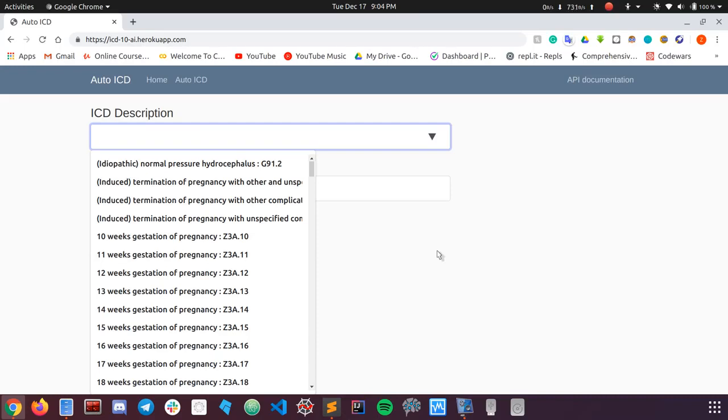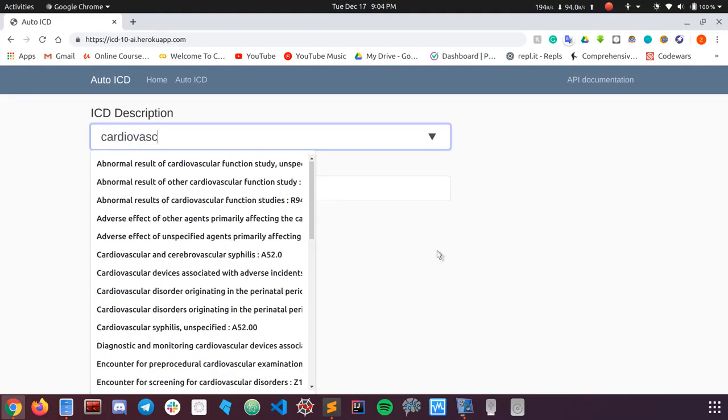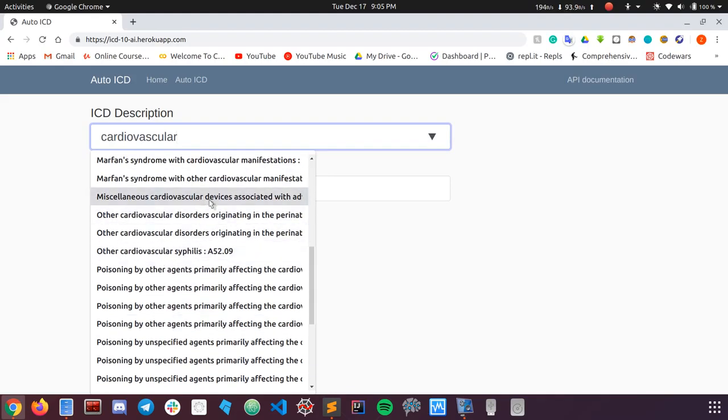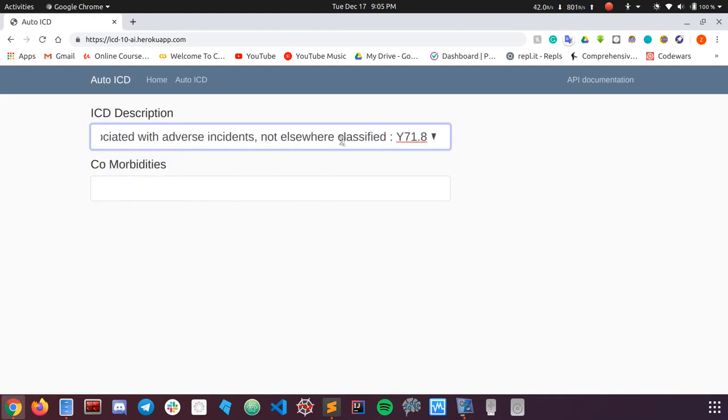For example, I'm typing cardiovascular. This drop down menu returns every single disease which has that keyword in it. If you select anything, it will give you this disease and this code.